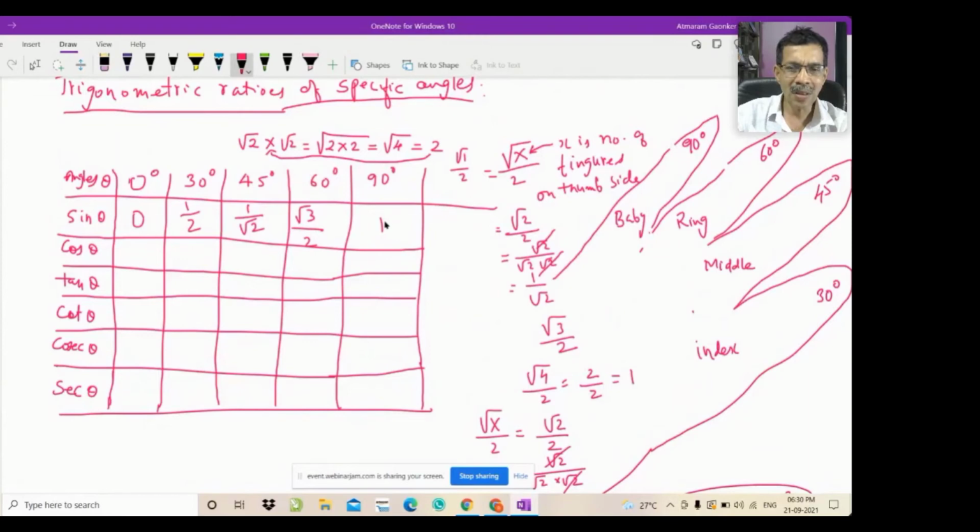So the last one is 1, that you write as the first one. Second last is root 3 by 2, that you write as second. So here this is root 3 by 2. And for 45 degrees, it is 1 upon root 2. And see, we have started with 1, then gone for root 3 upon 2, then 1 upon root 2, and then half, and you write this as half over here. And from half you go to 0, so here it will be 0.